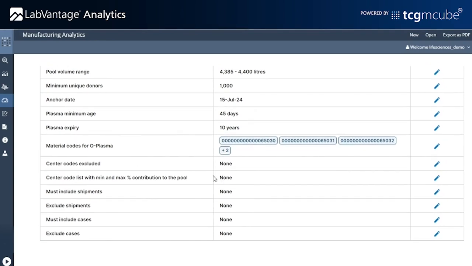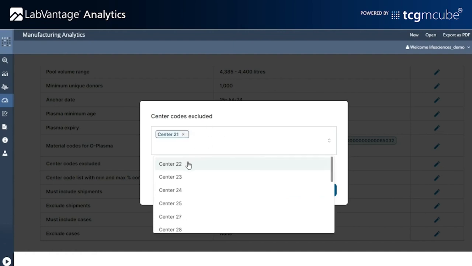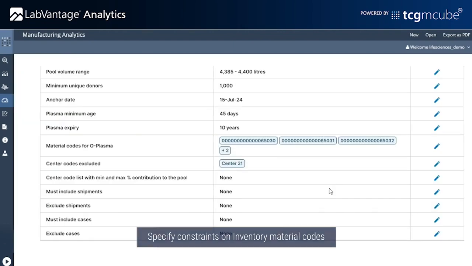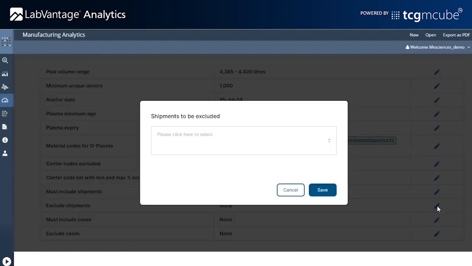By default, all locations are included. To exclude a location, simply click on the edit icon, choose the location to exclude, and then click on Save. You can also specify constraints on inventory material codes to be used as well as shipments or cases to be excluded or mandatorily included. By default, all shipments and cases are included. To exclude a certain shipment or case, simply click on the relevant edit icon and choose the item to be